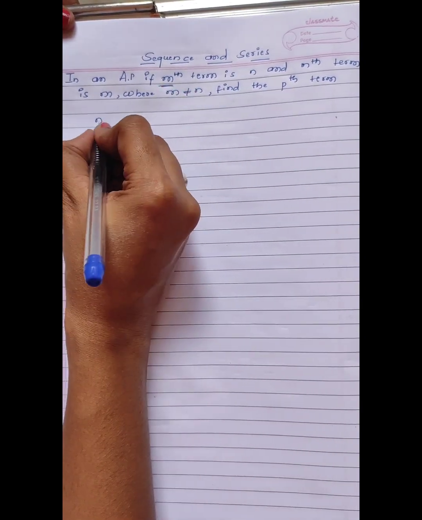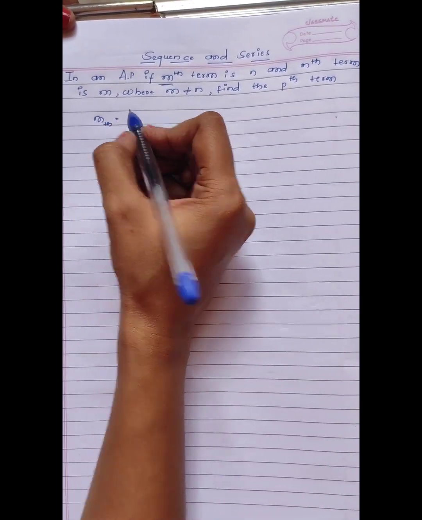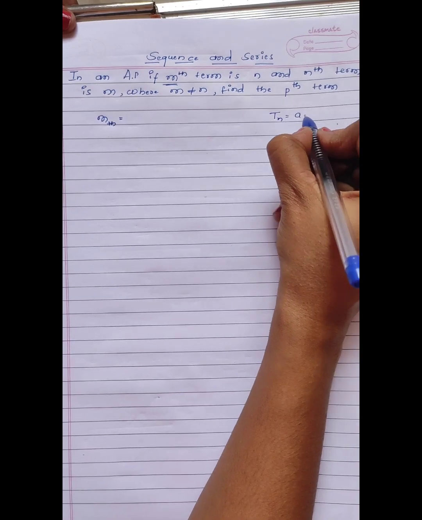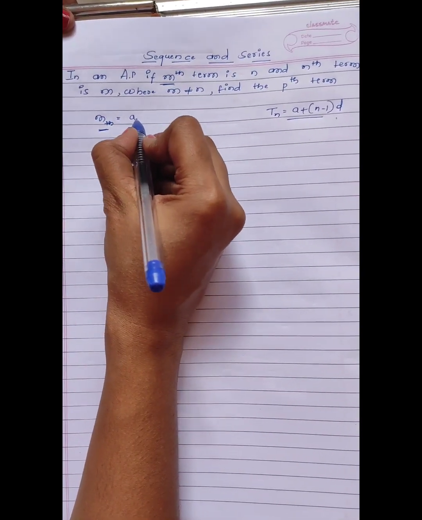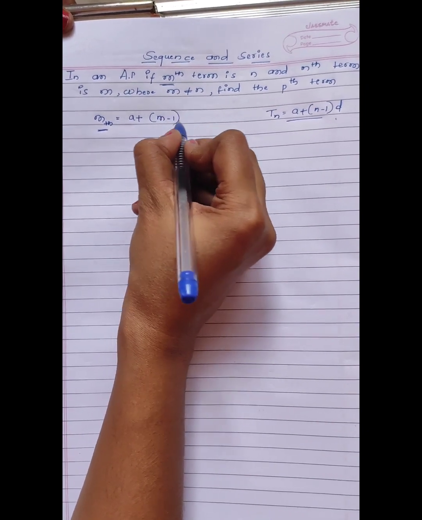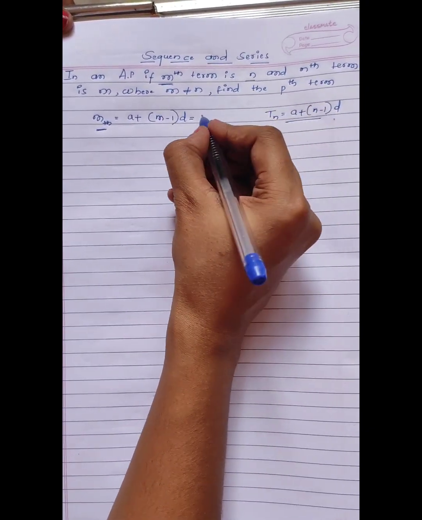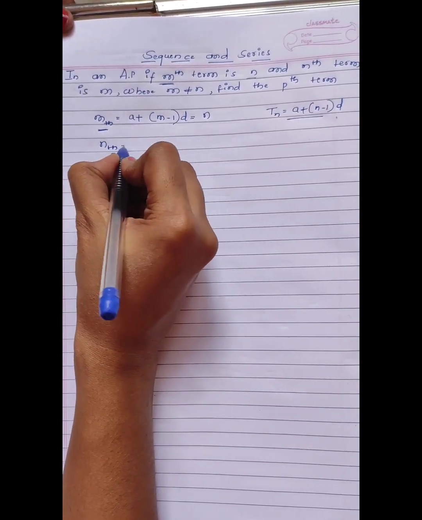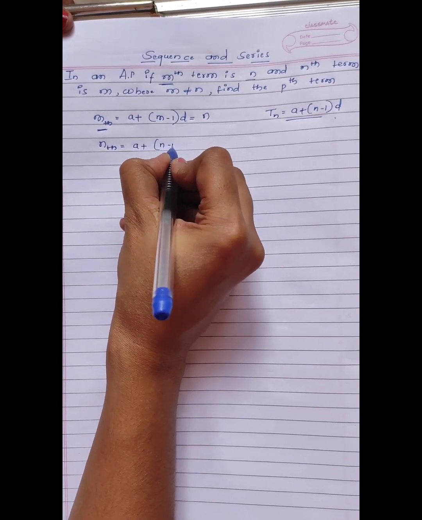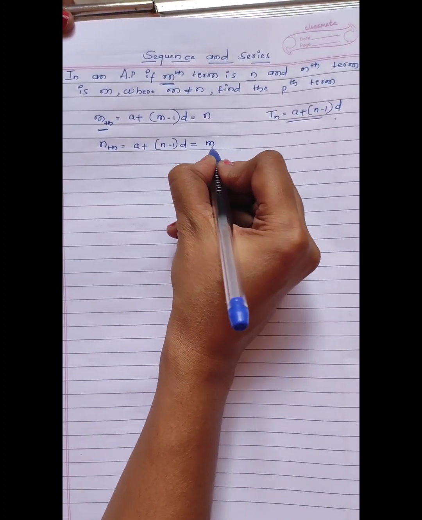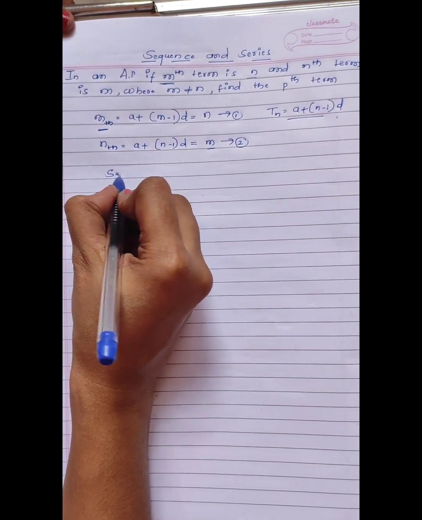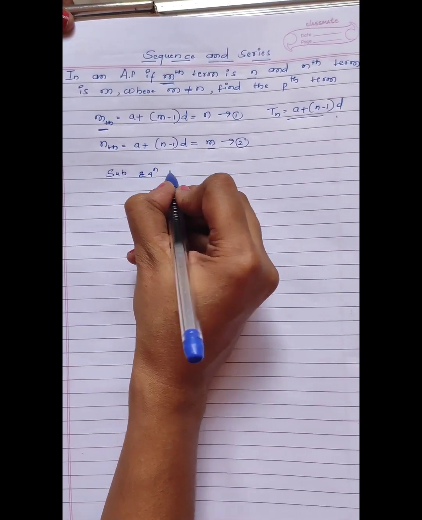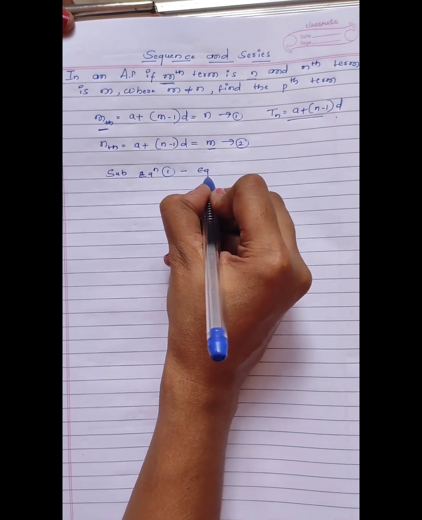So the mth term, using the formula Tn = a + (n − 1)d, will be a + (m − 1)d = n. The nth term is a + (n − 1)d = m. So this is equation 1 and this is equation 2. Subtracting equation 1 minus equation 2,